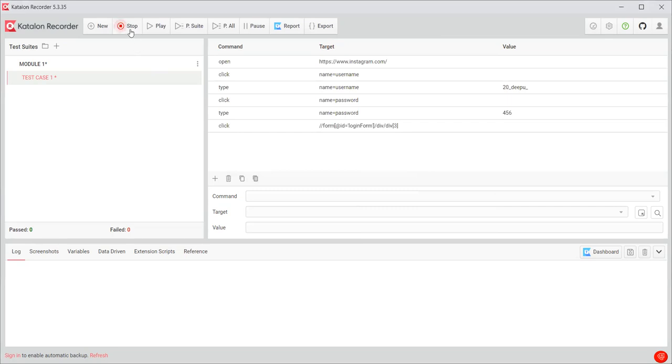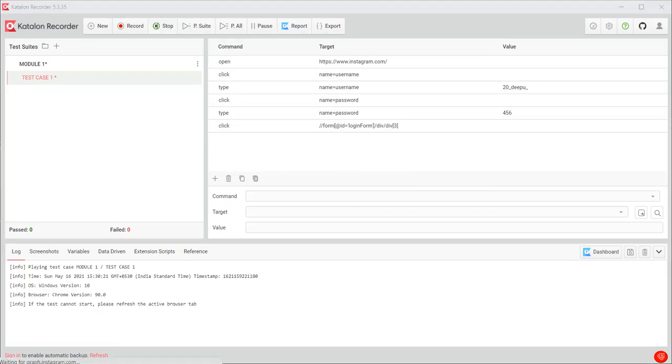After that, we need to stop the recording. Here we can see command, target, and value. Whatever we have done, all the actions are recorded in this way. We can replay what we had done.